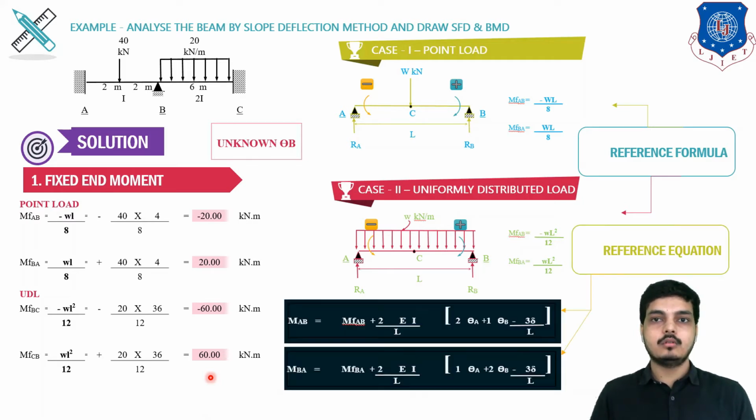So our step number 2, these are the reference equations which I have taken from session number 2. In the previous session, we learned about the slope deflection equation, or fundamental equation, or slope deflection concept. From that, I have taken out this equation. There we learned that MAB is nothing but MFAB plus 2EI upon L in bracket 2 theta A plus 1 theta B minus 3 delta by L. Similarly for BA, it will be MFBA, 1 theta A and 2 theta B. This is the equation we have to remember for using in step number 2. So let's start our step number 2 with the help of these two equations.